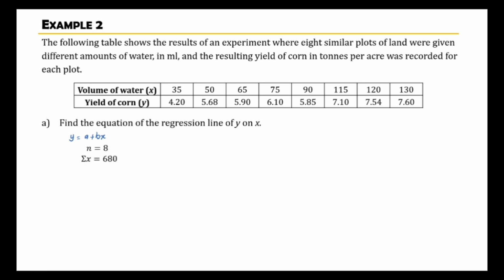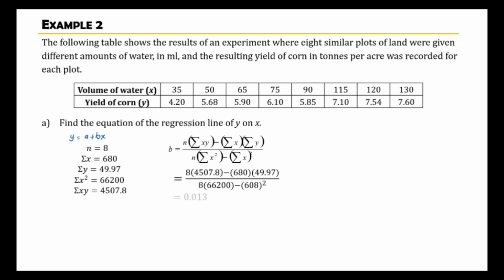Then total of x equals 680, the sum of all x. Total of y equal to 49.97, the sum of all y's. Total of x squared equal to 66,200. Total of x times y is 4,507.8. And b is given by this formula. Substituting, we get